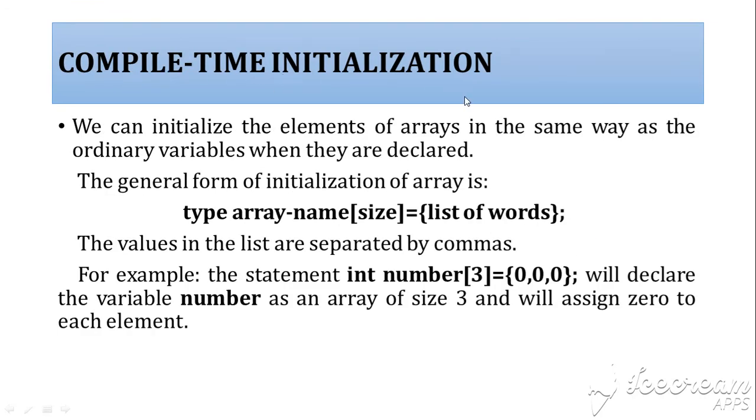So coming to compile time initialization, this is something it would look like. You have the data type int, the name of the array number, the maximum size of this is 3. So you have stored 0, 0, 0. So at number of 0, you have